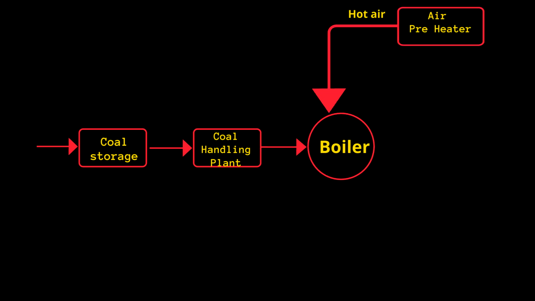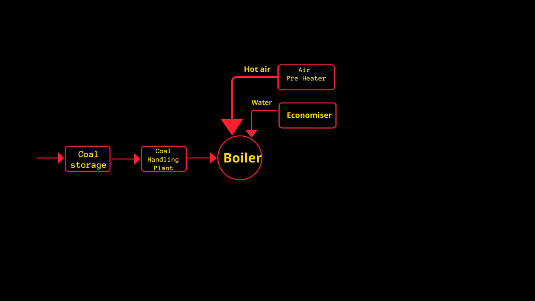After supplying coal and hot air to the boiler, the main thing to pass to a boiler is water. The water will convert into steam by taking heat from the high temperature combusted coal. So let's see, we supplied pulverized coal, hot air from the air preheater and water from the economizer to the boiler. And now from the boiler, we will get three outcomes. The first one is steam, which is passed to the superheater.